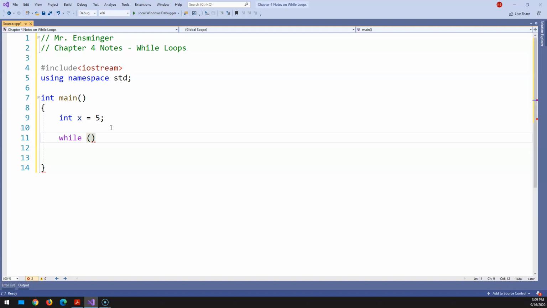If I say loop while x is less than 10, for example, what you're saying here is x starts as 5 and keep going while x is less than 10. And as I said, you can also think of that as keep looping until x is no longer less than 10. So if I print out x, and then I say x equals x plus 1, semicolon,